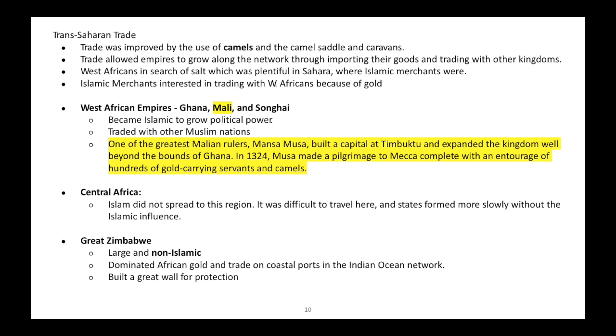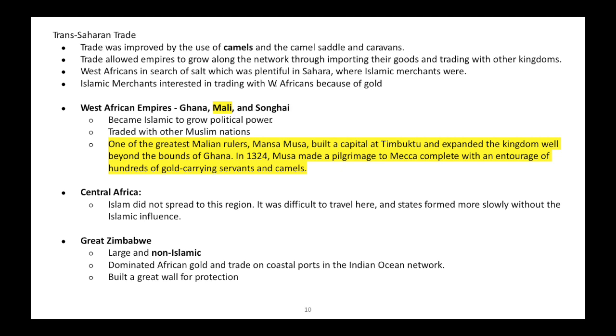And they met Islamic merchants that traded with Africans because Africans, especially West Africans, tended to have plentiful gold reserves. The Trans-Saharan trade route gives rise to the Mali and Songhai empires. You'll see them on the next slide. One of the greatest Malian rulers, Mansa Musa, built a capital at Timbuktu and expanded the kingdom well beyond the